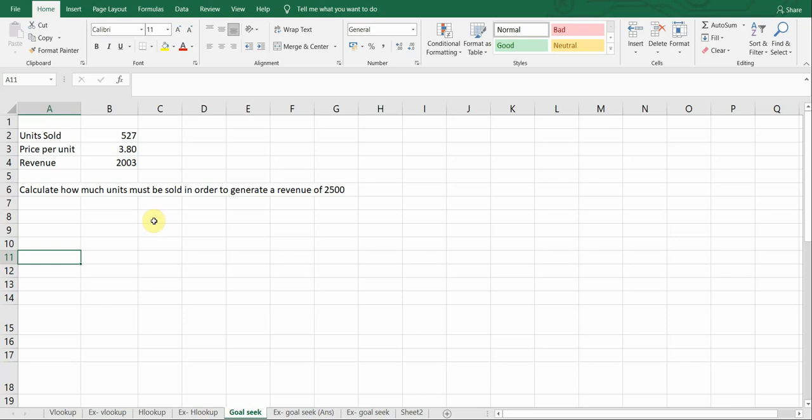So hello everyone. In today's class we'll be looking at how to perform a goal seek in Excel. For performing a goal seek, this is the question that we have today. Units sold is 527, price per unit is 3.80, revenue is 2003. Now from this given data, we have to calculate how many units must be sold in order to generate a